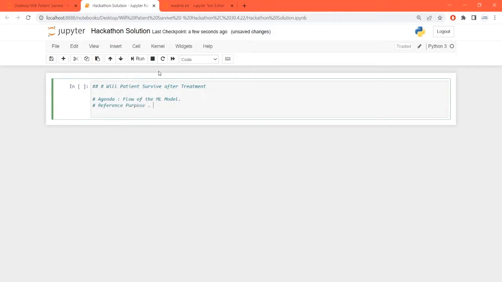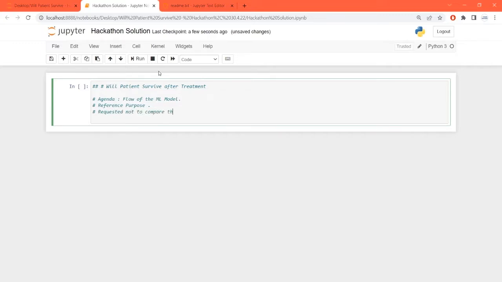You are requested not to consider this as the exact solution and the exact approach, and not to compare it with your solutions; use it for reference only.